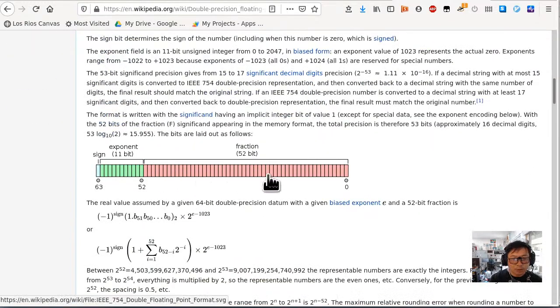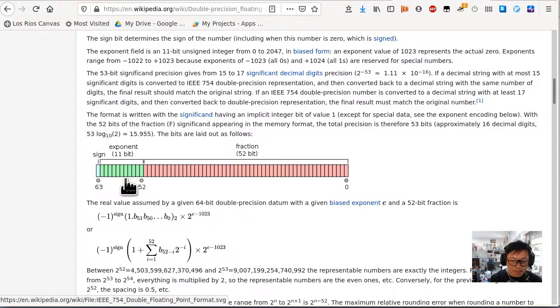So the 52 bits is the pink, or salmon colored, part. That is the fraction of the mantissa, and we want to fill up this space using the fractional part of the mantissa. But of the remaining 12 bits, 11 are needed to specify the biased exponent, and then